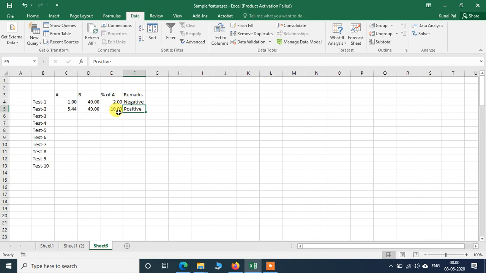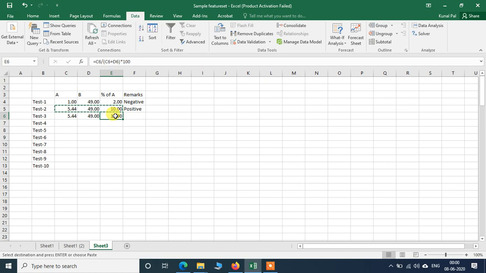Now you want to find out at what concentration of A the gelation has started. So what to do? Again, I will copy and paste it over here. Now I want to see whether it started when the percentage of A was 5% or not. I need to find out.